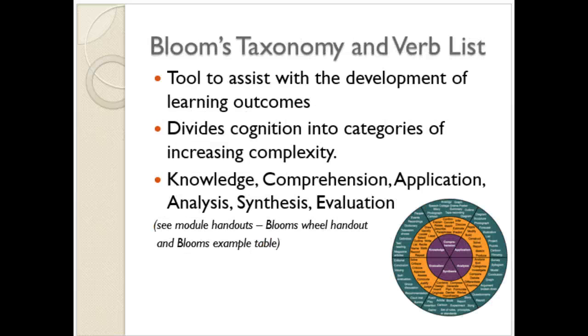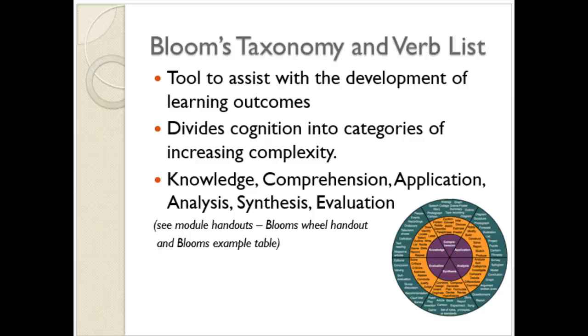So one of the hardest things I think that people have in terms of creating learning outcomes is, well, first of all, they have to be measurable. And in order to be measurable, it's recommended that you try to use action verbs, things that, again, can be measurable. And as you read in the pre-reading for this module, Bloom's taxonomy is a perfect way to do this. You've got a couple of handouts. One is Bloom's verb wheel, and the other is an example table, just giving you examples of verbs, objectives,